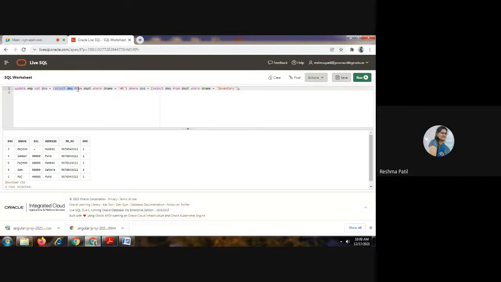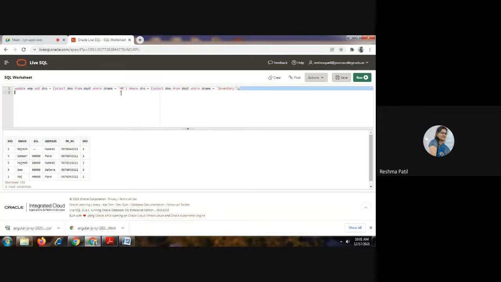So first solve the inside part. Select employee, set department number is equal to, for example, if the HR department number is 3, we will write it here: update EMP set department number is equal to 3 where department number is equal to 1. It means wherever there is department number 1, we will change that number to 3.